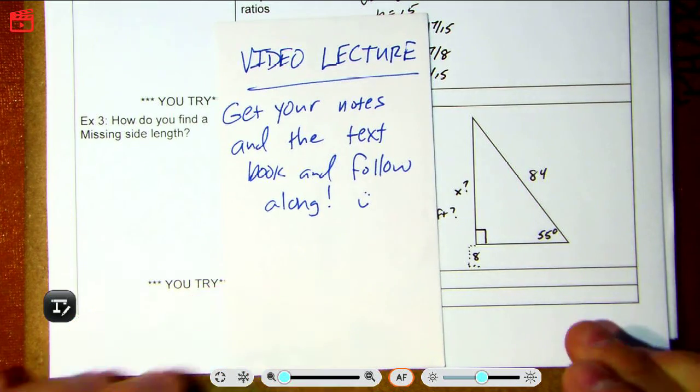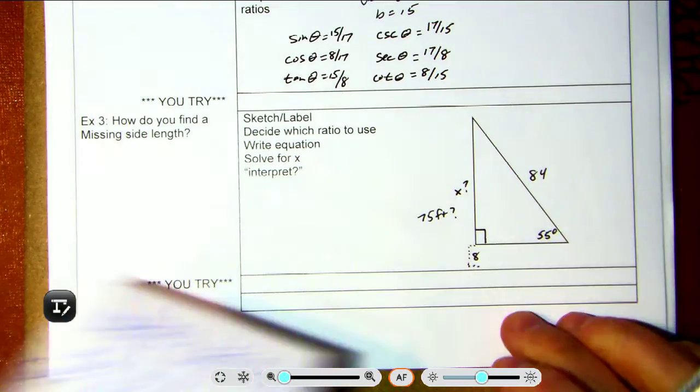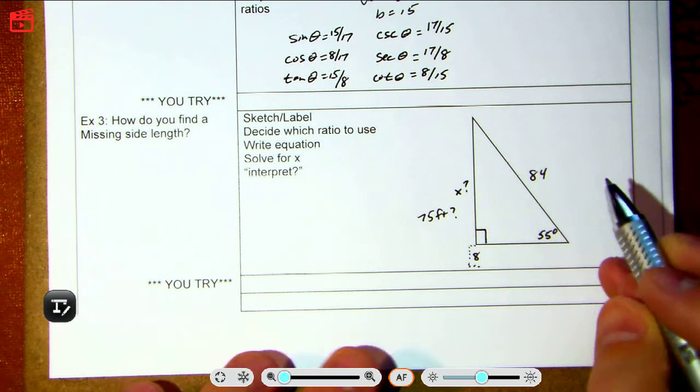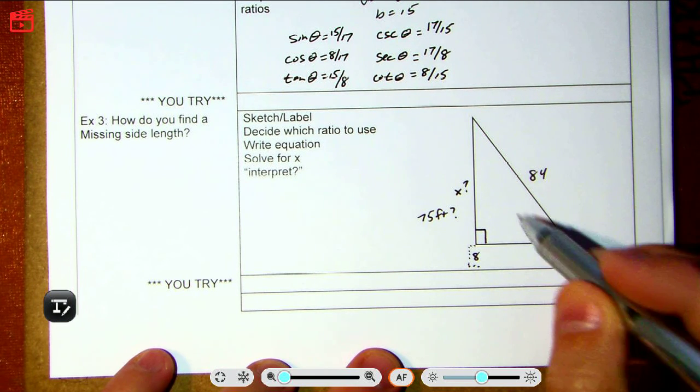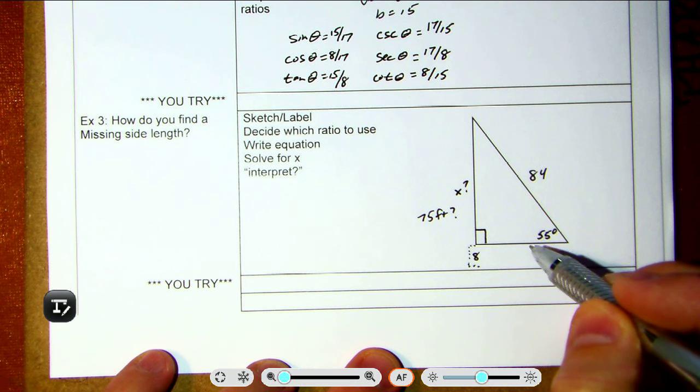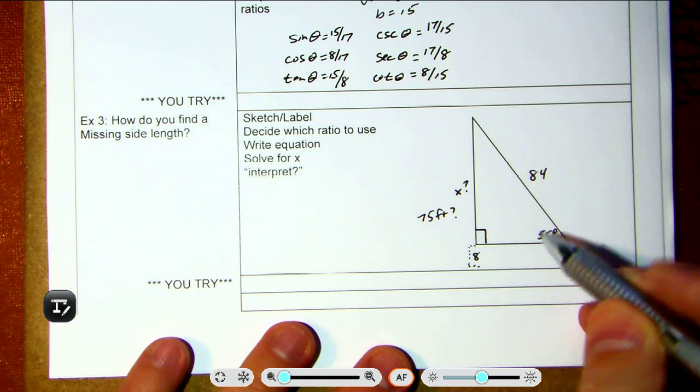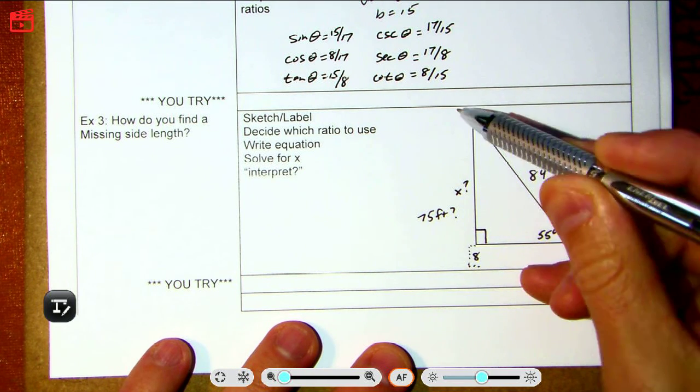Okay, here's the third video, example 3 for the 6-1 part 1. They've got a little word problem for you to interpret. They want you to make a drawing and then label it with all the sides. Based on example 3 in the book, they've got this window, a fire ladder that's